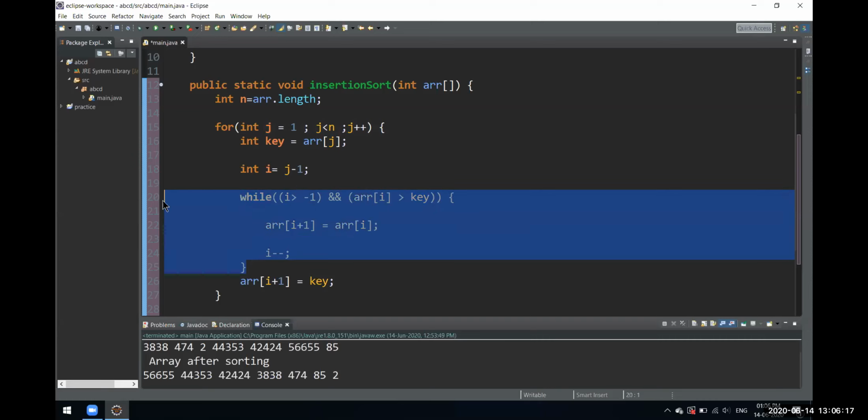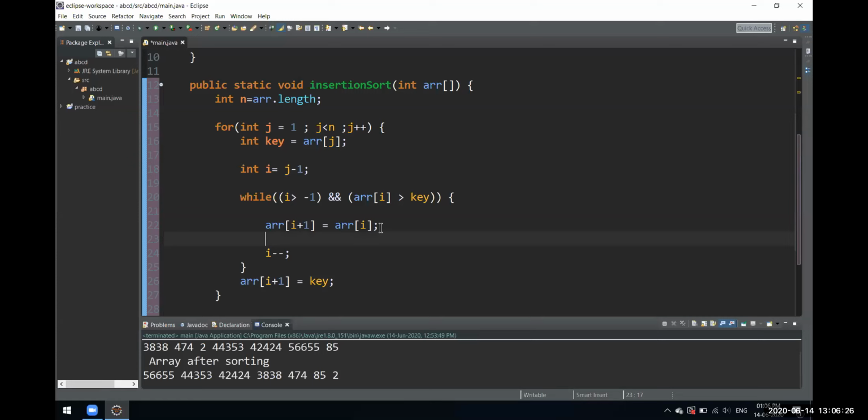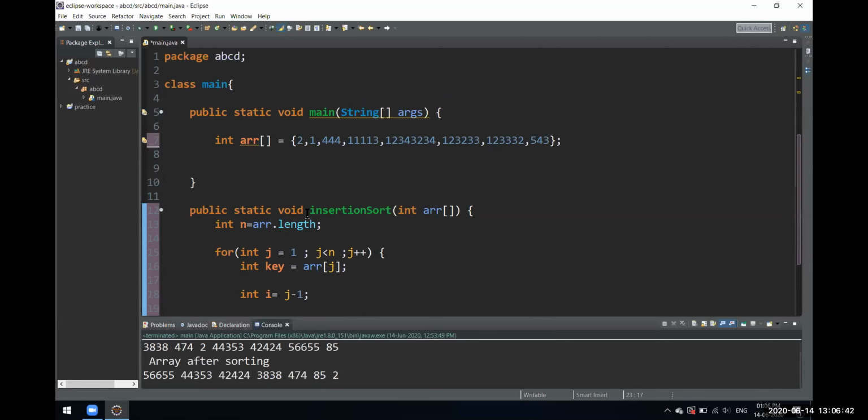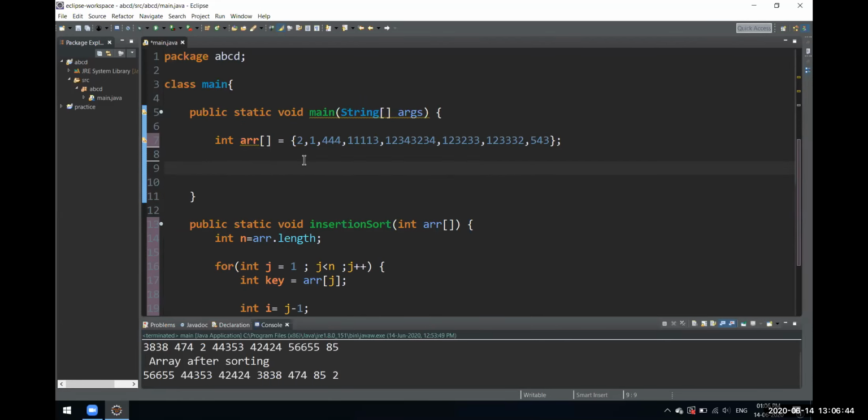Insertion sort is a little bit different than bubble sort. The logic behind this is different, but this is faster than bubble sort because we do not go comparing and swapping two individual elements like bubble sort. We have a different logic over here, so that's why this is a little bit faster. Let's write our code to print the array before sorting and after sorting.